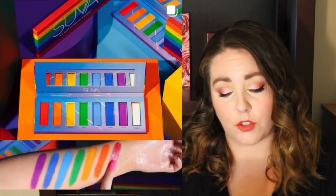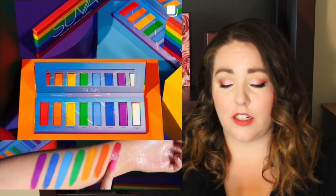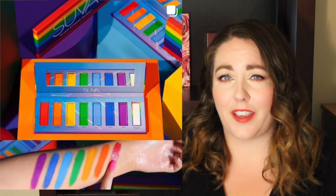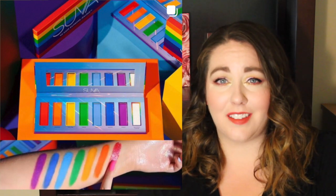All right, Suva Beauty has released a new palette. This is like a rainbow palette. It's called We Make Rainbows Jealous. So it's 7 mattes and then a shimmery topper. $35. I haven't tried any eyeshadows from Suva. I haven't heard much about them. I do like their liners, but I don't know, it's a very standard rainbow palette, so it's an easy pass